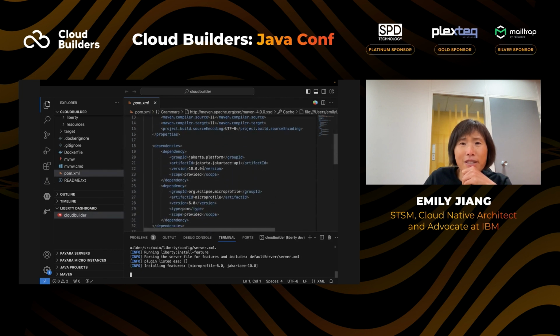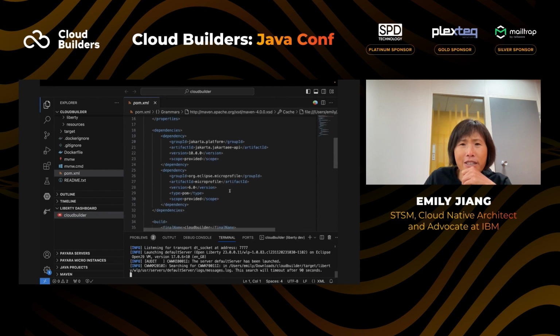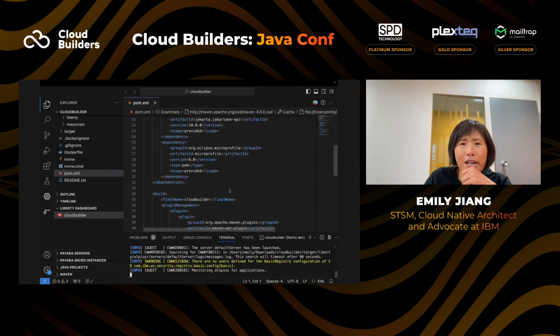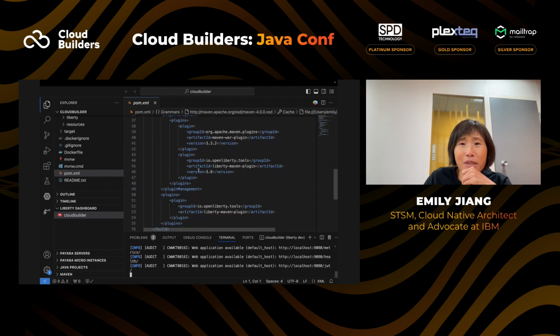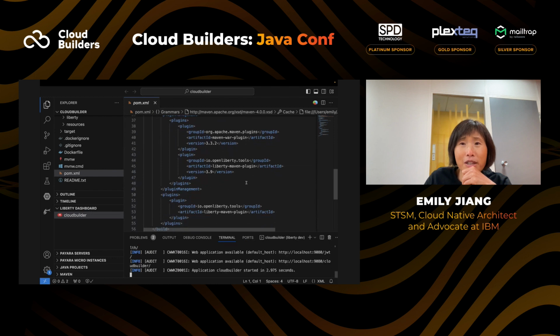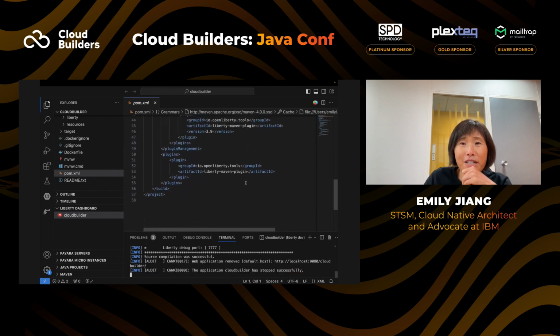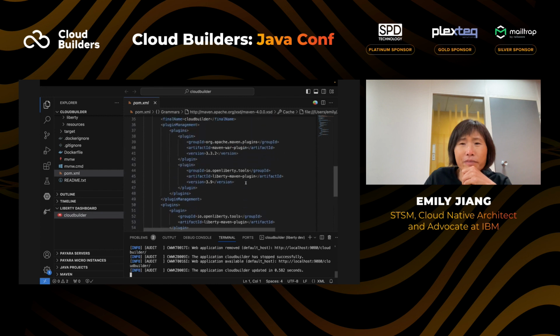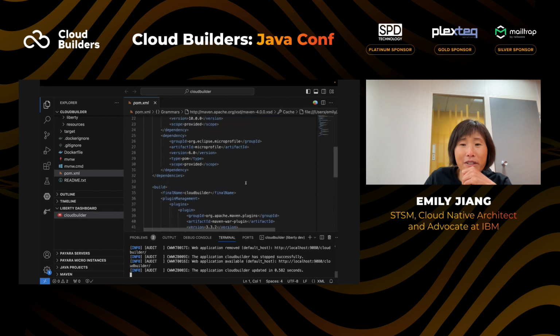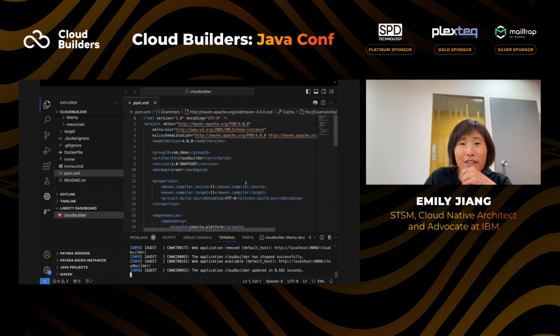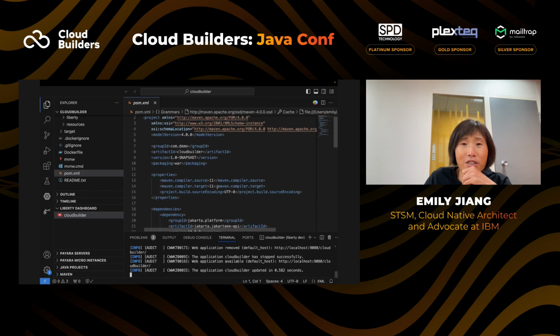The beauty is here: in the dependency, you can just say Jakarta EE 10 API and MicroProfile 6, and all the APIs are available to you. The only other thing is the Liberty plugin. As you can see, it's very, very simple. There are only 57 lines for this, and this is the Java compile level.